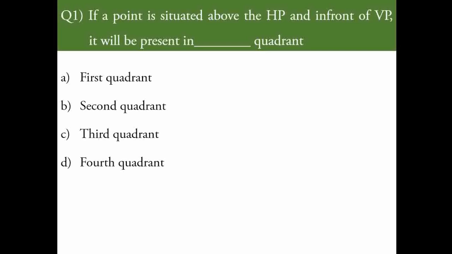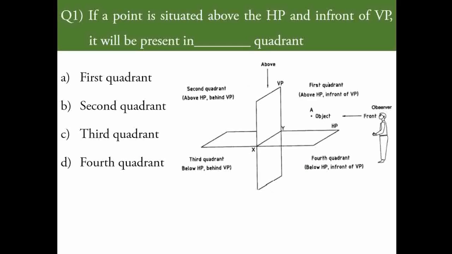To understand the question in a better way, just have a look at that particular diagram, which is helpful to study the projections of point topic in a proper way. Here the 3D view representation is there for the four quadrants with reference to the horizontal and vertical planes. Here it is creating the four quadrants, and to observe a particular point, the position of the observer is always towards the extreme right side of all the four quadrants.